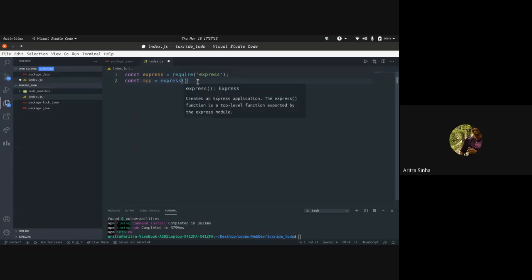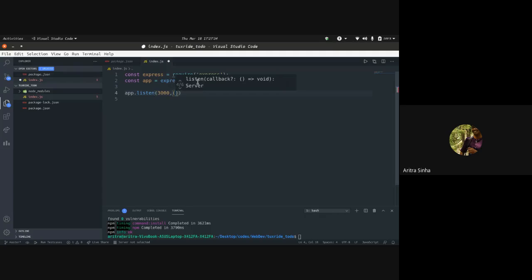Okay, now const app equal to express. This is what makes a big difference, and it is something that will help you later on. Now we have to do a few things here. When we start a server, let's say we add some port number 3000, and once the port gets running, I think when Sushant talked about TCP connection, this is what will make the TCP connection go on.